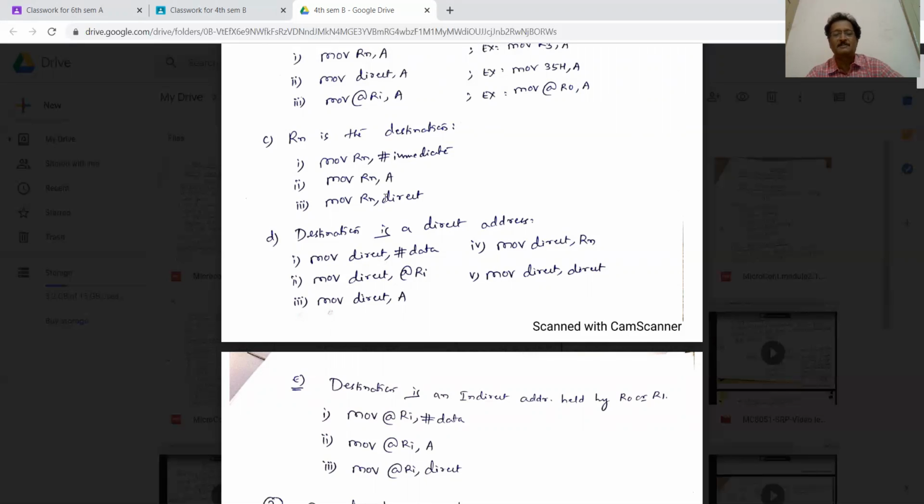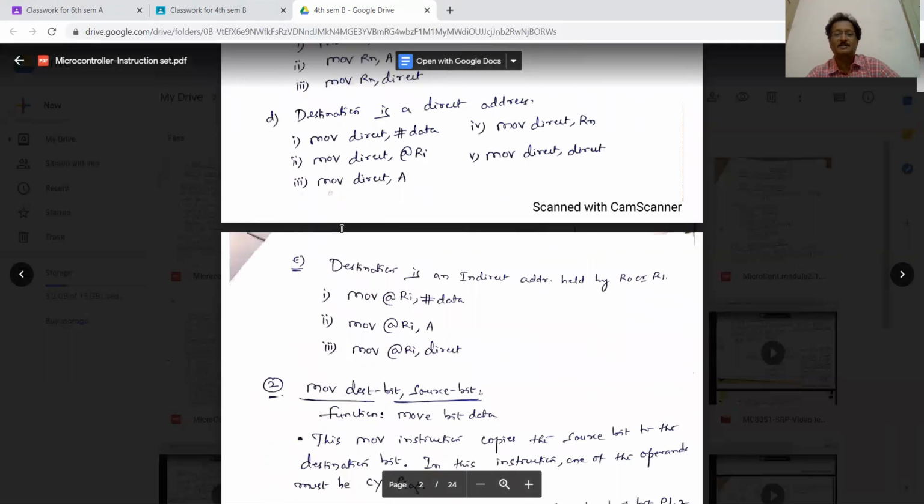But if registers are in short, when you are working with big programs, if you are falling short of the registers, then you can even use R0 and R1. That's not a big thing. But if you are using the indirect addressing mode, you need to be very careful there. R0 and R1 you use only for that, that it is pointing to the location. That one only you have to use as far as R0 and R1 are concerned.